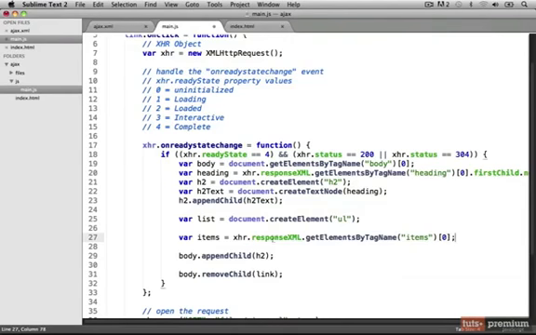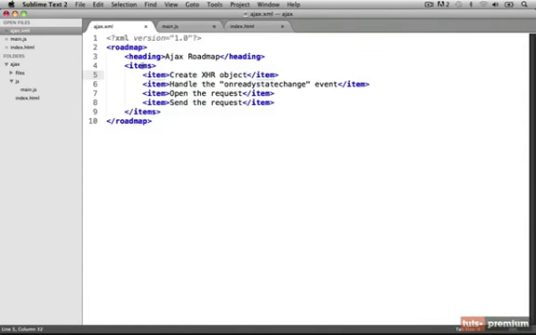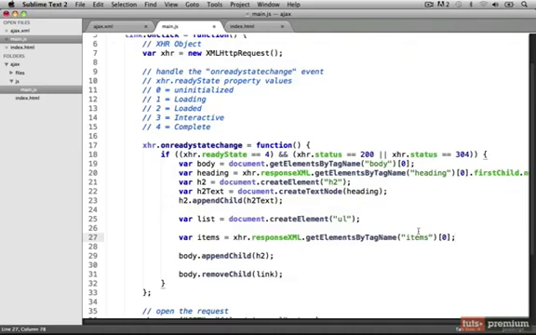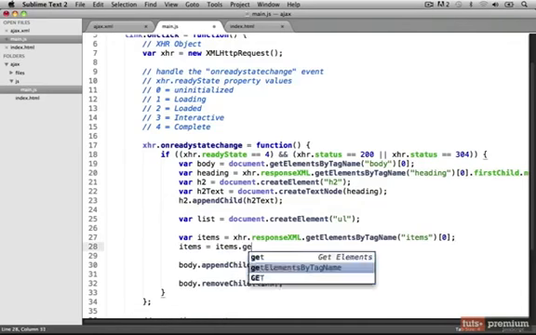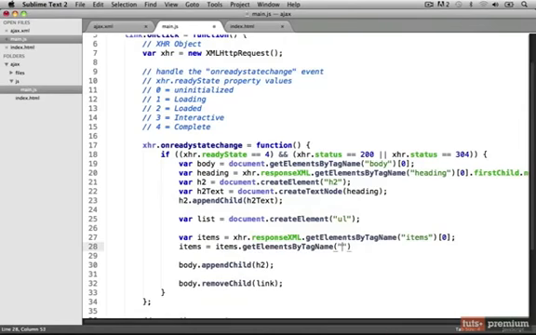So now this statement only gives us a reference to the items element. That's just the items. We actually want to filter down even further and get all of the individual item elements themselves, not just the items tag. So we can do that by reassigning our items variable to a new value of items.getElementsByTagName, and we'll grab all of the individual item tags. So now our items variable is an array of item elements, and we can use a for loop to loop